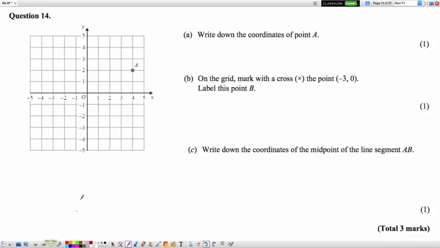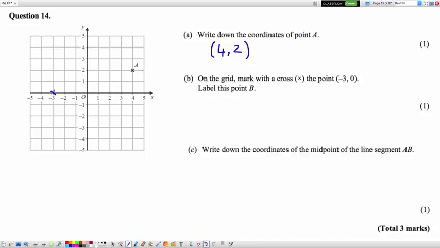Write down the coordinates of point A. First we go across here on the x to 4, comma, and go up to 2. So the coordinates in brackets are 4, 2. X first, then y. On the grid, mark with a cross the point -3, that's x across here,